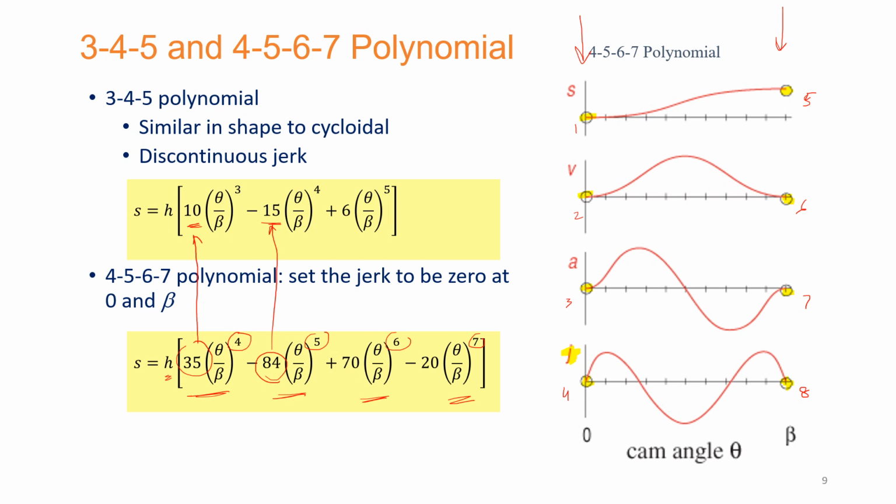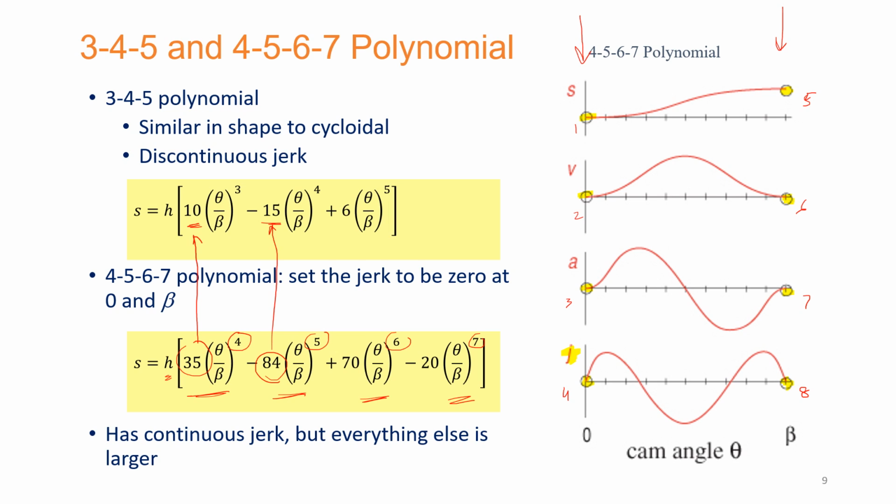So it would mean that eventually, in case of velocity and acceleration as well, you are going to expect a bit higher values for velocity and acceleration. So this is a bit of a concern when we add some order to the polynomial. But the good side is that you have a continuous jerk. So you get some advantages and you get some disadvantages as well, as is generally the case whenever you